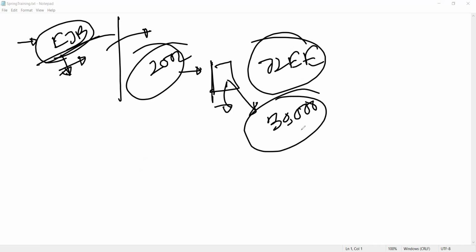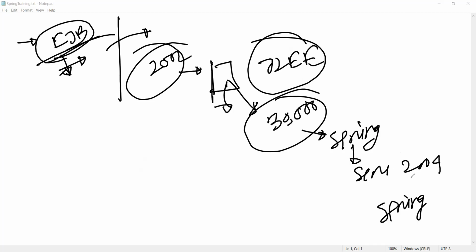This came to the market as Spring 0.98. Later Spring 1.0 came to the market in 2004. Then Spring 2.0, 3.0, 4.0, 5.0, 6.0 came into the market. Which version is the most recent? Spring 7.0.